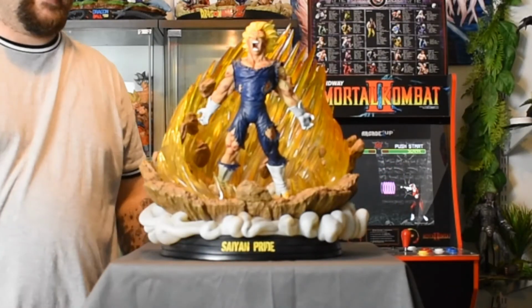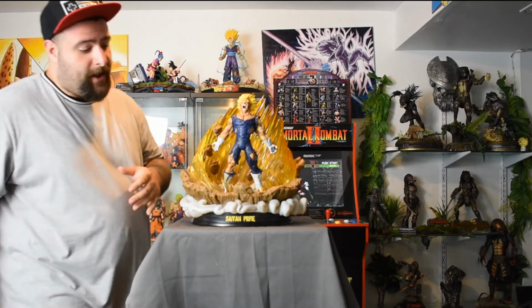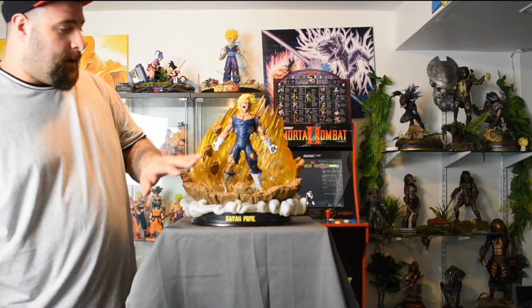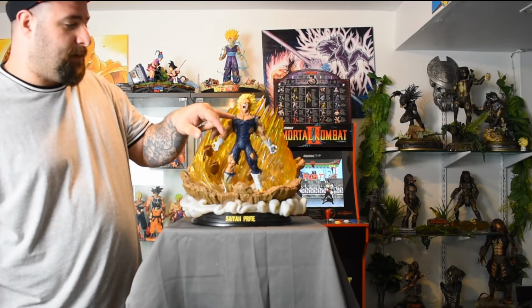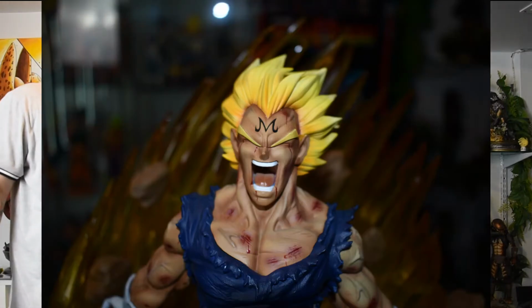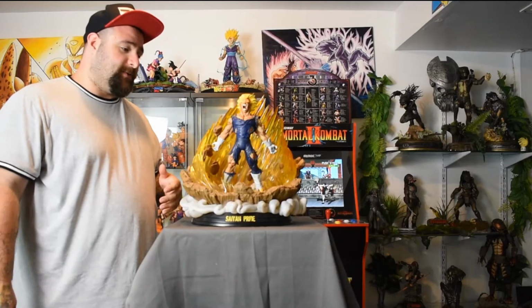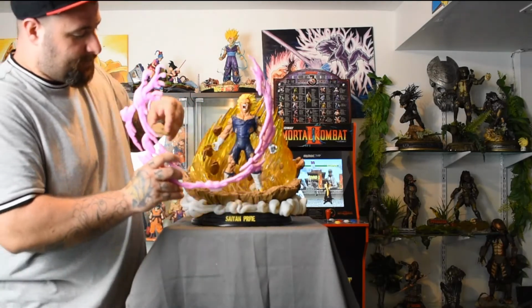And there it is. I think that's an awesome addition. One simple rock piece. The seam is pretty horrible on it, but that's okay, because the seam for the actual figure is just the chest, and it blends into the clothing, which I thought was really exceptional. So there's really no neck seam. They just cut it at the chest and put it there, which was a lot better. But for now, I like displaying them like this,